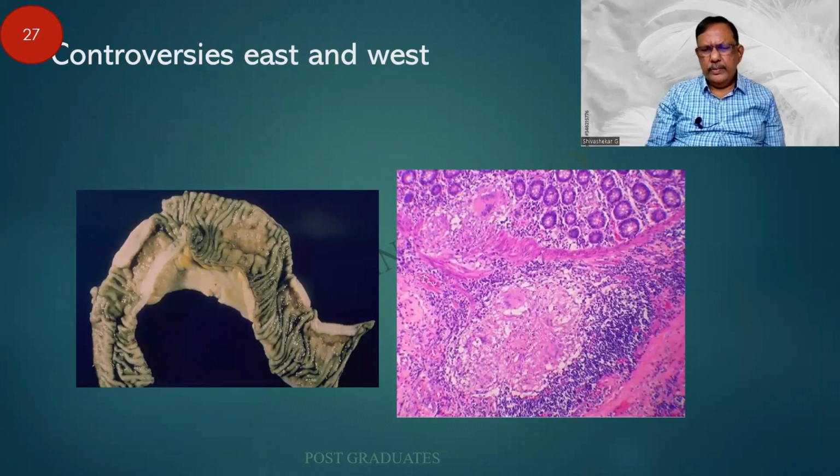Controversies in the East and West. When you people go to an examination of lab or otherwise, and you say, what are the causes of granuloma? That's a question asked. You say tuberculosis. The examiners will immediately say that that has been eradicated long back. Why don't you say something common like Crohn's disease, which is very common over there, and we do find it. So granulomatous diseases. This, however, is a classical case of tuberculosis with the formation of strictures, and there is a granuloma as well. Only thing, giant cells, and if you find necrosis and a history of tuberculosis, you are lucky.